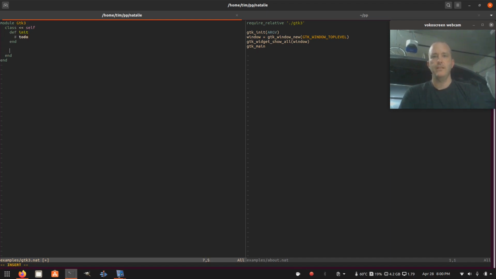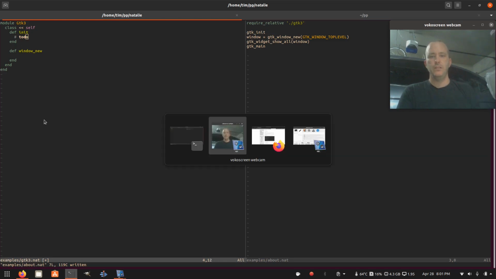And then window. I'm not going to make this object oriented. It's basically just the C API in a GTK3 module. I don't really even need to pass those in because that's just a global thing. Okay,